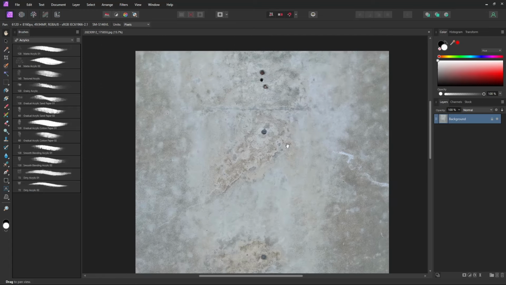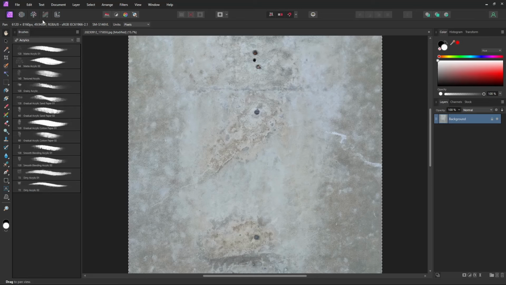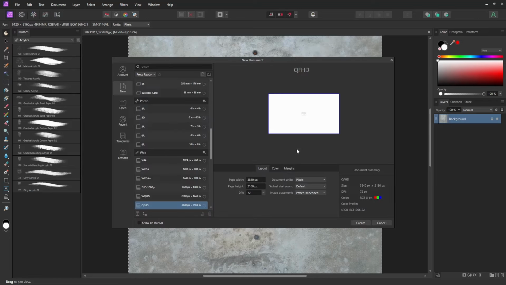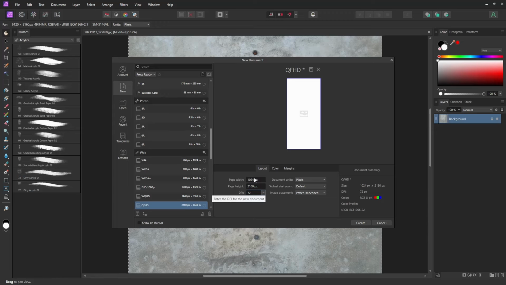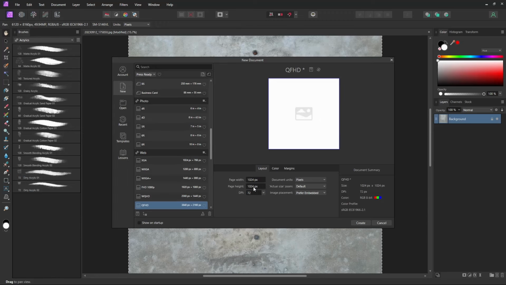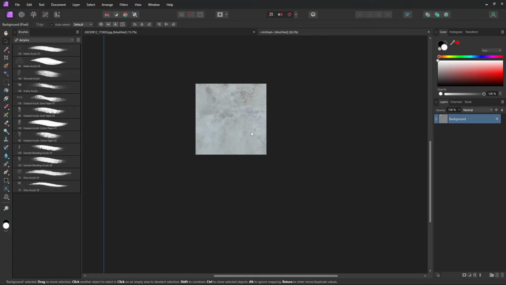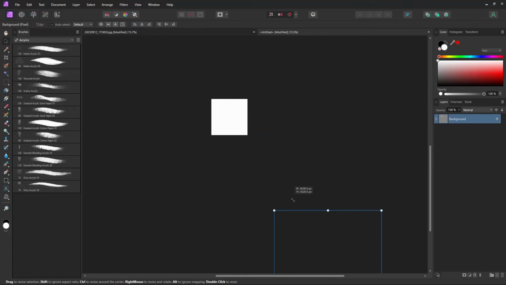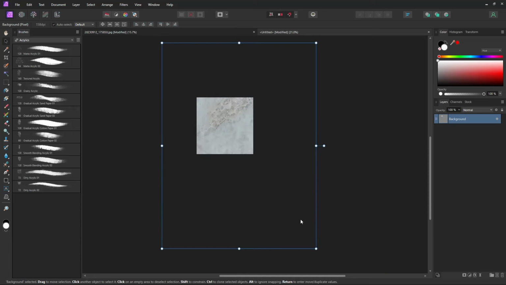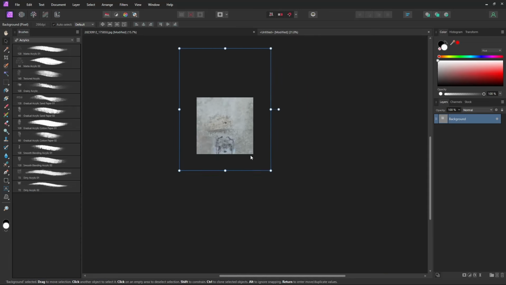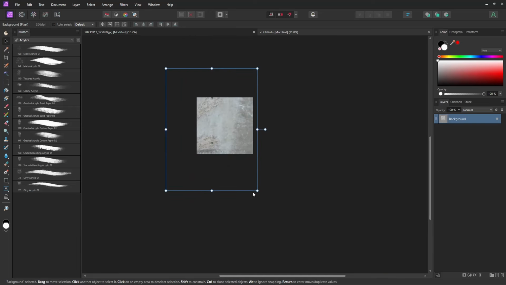You take a diffuse photo somewhere, you could copy it out, perhaps start a new document, maybe make it a 1024 by 1024, something along these lines, powers of 2, right? And you paste that in here, size it appropriately so that it would appear correct on your models anyways. And once you've got it sized up just how you want it and positioned where you need it,